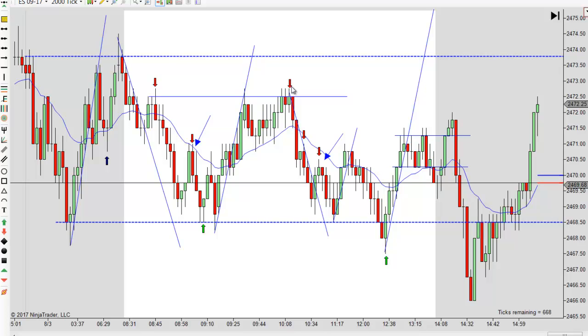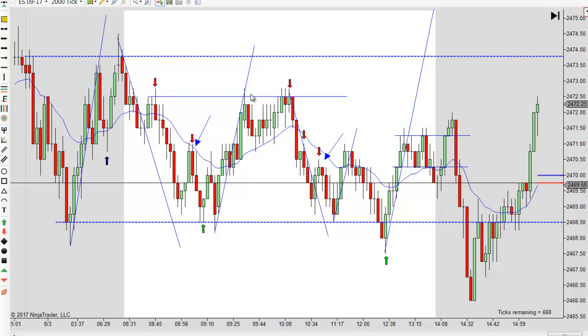It really could be green because that's not a very good signal bar. I like a better signal bar than that. It's just not a very good signal bar, but it's a small bar. It's only about 3 ticks, so it's low risk on that end, and so you might want to risk that one, but this could easily be green. So just remember that. But it's a double test of this level right here.